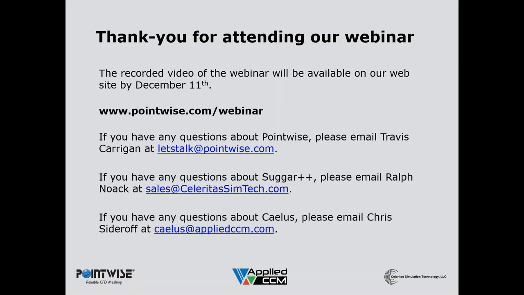Okay. How do we measure the quality of the mesh? I'll just take this one. There's a lot of different examine metrics in Pointwise that you can use to measure the quality of your individual blocks, your components. There's also, I think, area ratio and volume ratio for your different components in your overset meshing. So you can look at the quality of those as well, particularly in the overlap location.